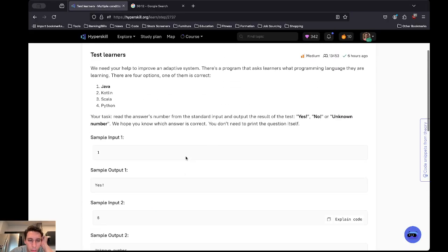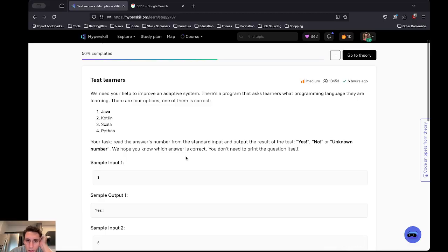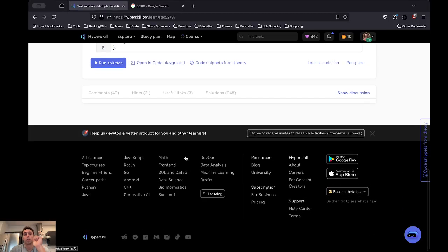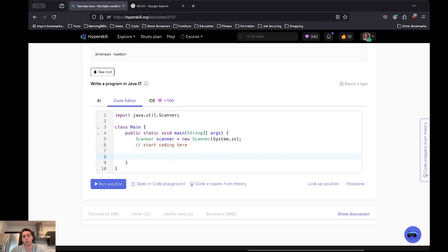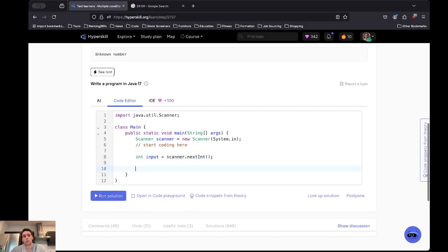Unknown number. What is it asking me to do? Read the answer's number from this. Oh, okay. Int input equals scanner dot nextInt, scanner dot close, right? And then